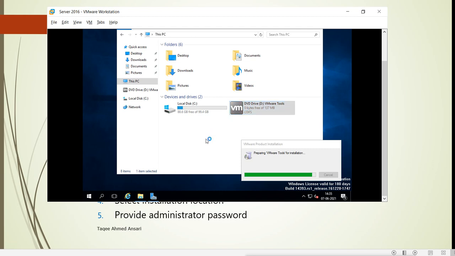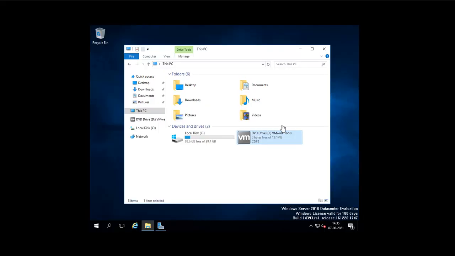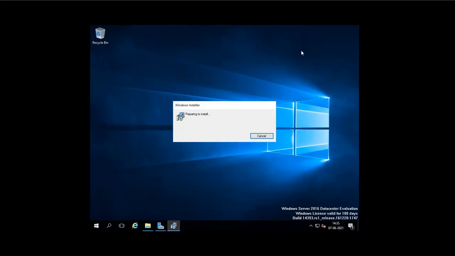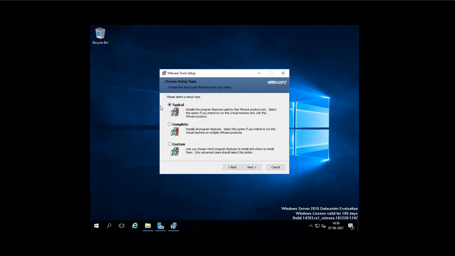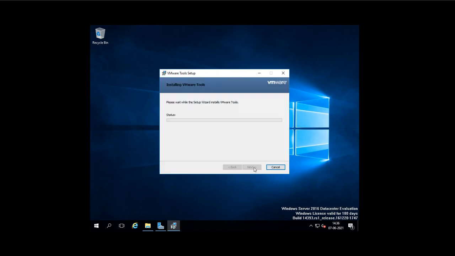Installing VMware Tools is easy. We just click next, go with the typical option and install, just like this. It will take a little time, and after finishing the installation, it will ask for a reboot. So we will reboot it, and then it will be okay.